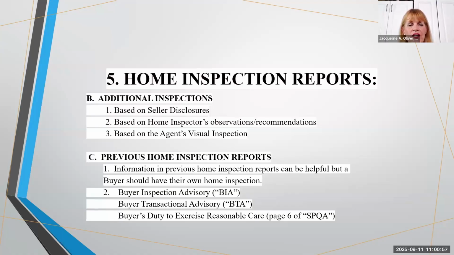Okay, I've gone through some of this. Additional inspections are based on the seller's disclosure. Again, if you have a TDS or SPQ and it points out certain things like, oh, you better check out what the boundary is, because there's a dispute that we have with a neighbor who thinks that part of this belongs to him, and we think that the property line is elsewhere.